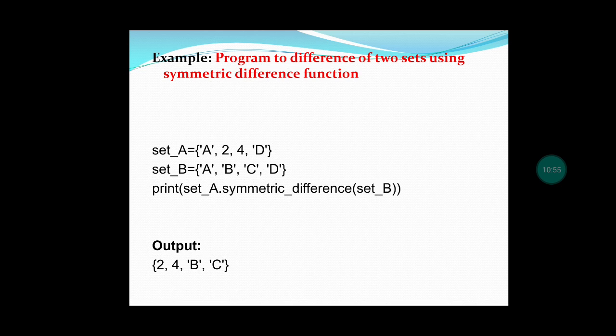Okay. So in today's class, we have discussed about sets, how to create a set and how to convert the list and tuples into sets, and some of the set functions in Python, that is union, intersection, difference and symmetric difference. These are the set operations which have been used in Python. So in next class we will discuss about dictionary. Already in 9th chapter we have discussed list, tuples and sets. So up to this we have completed sets. Next class we will discuss about dictionary.